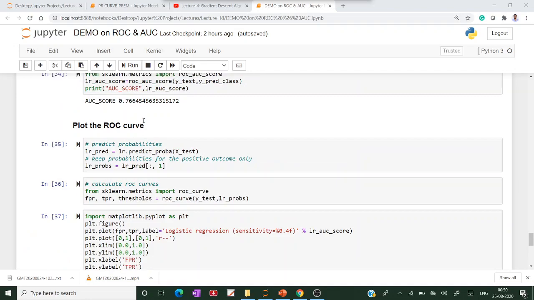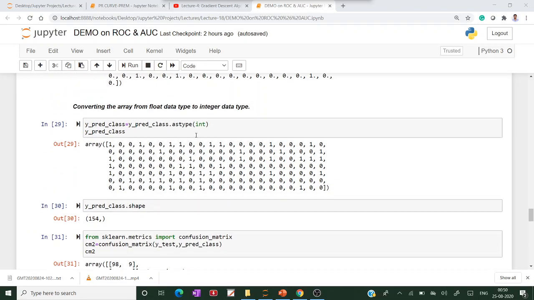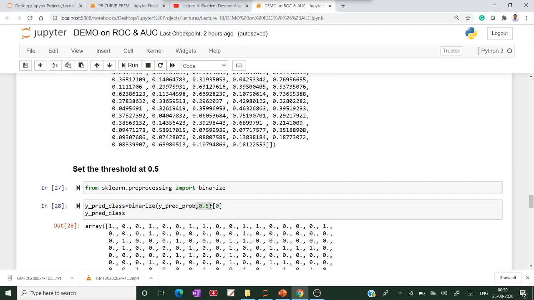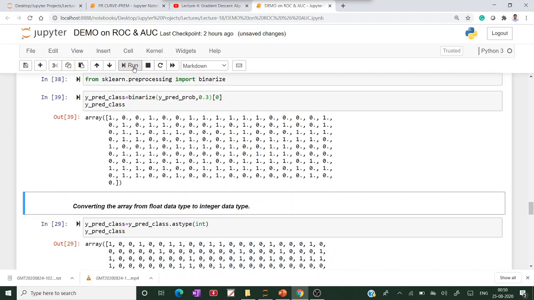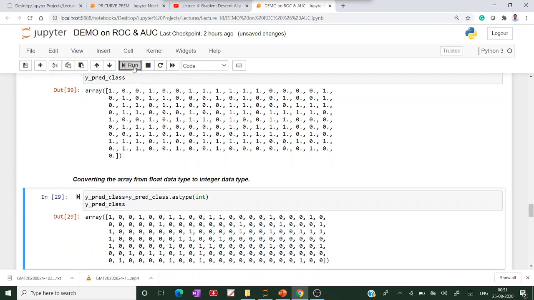Here I am changing the threshold value again. If I put the threshold value as 0.3, the values will be changed.